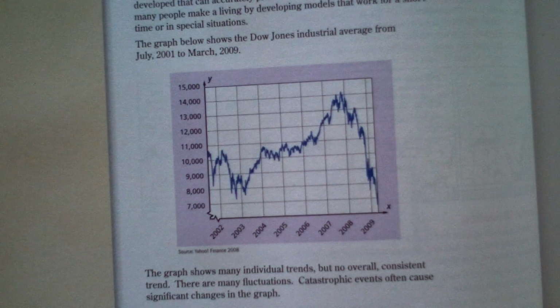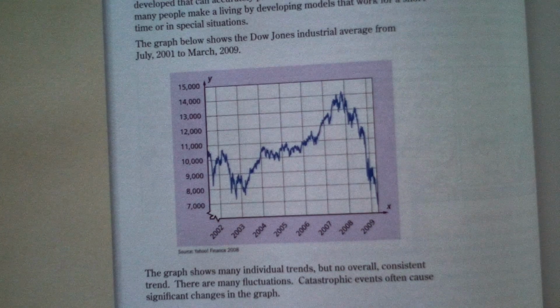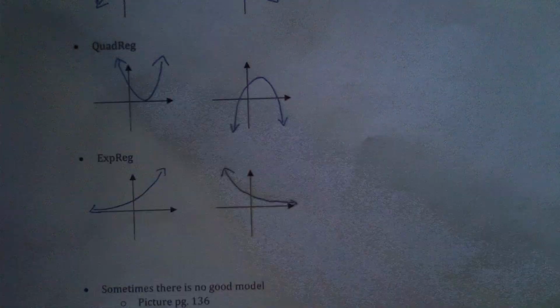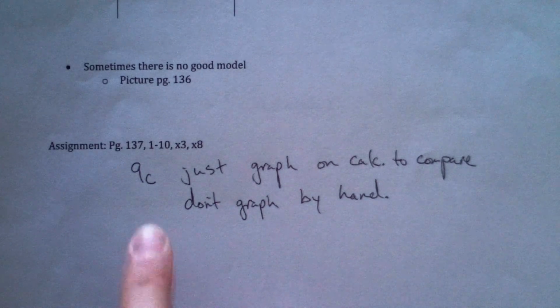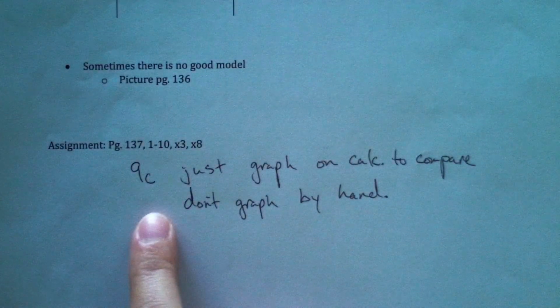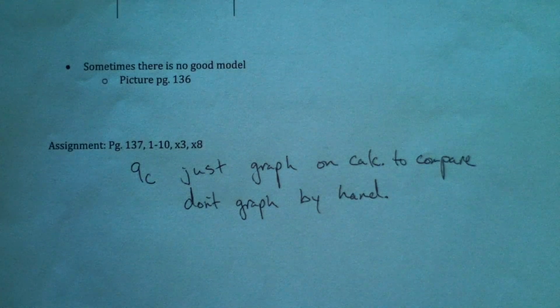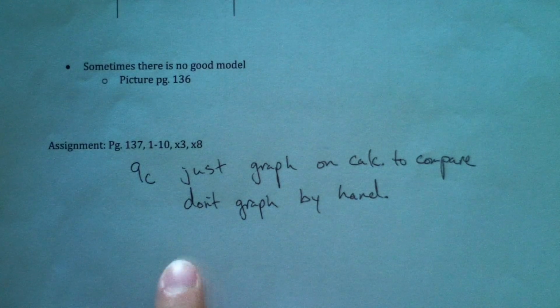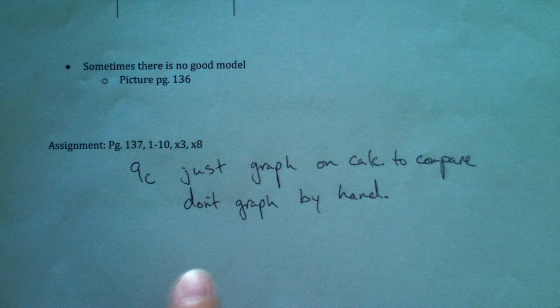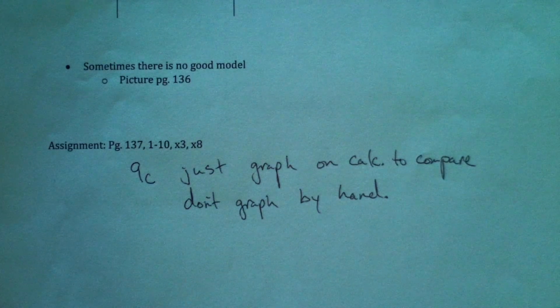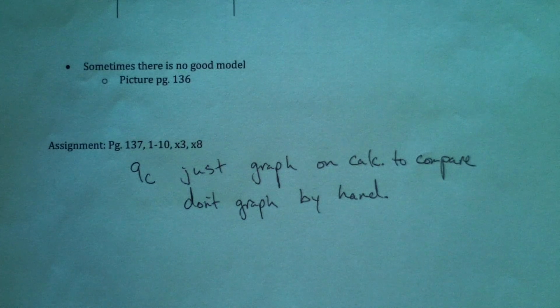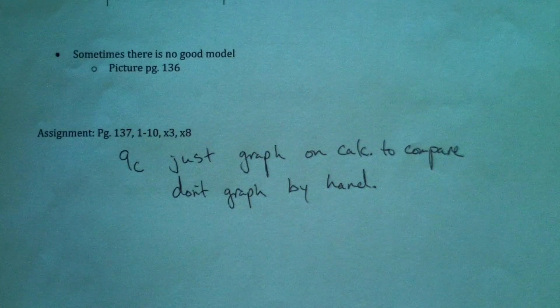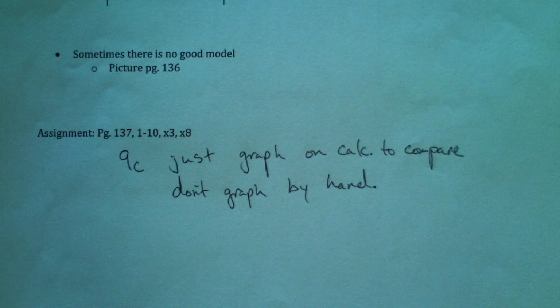Okay, so that's really it. When you're working on the book page here, so 1 to 10, skip 3 and skip 8. On 9C, it's doing the whole residual plot thing that we were working on yesterday. Don't feel like you have to sit there and graph those out by hand, so you don't have to label all the stuff. Just worry about graphing it on the calculator and then making a little sketch of that. Don't sit and do all of those by hand because it's going to take you forever. You can just put it on the calculator and do a little sketch of it. That's completely fine with me. Okay, so like I said, if you're good on